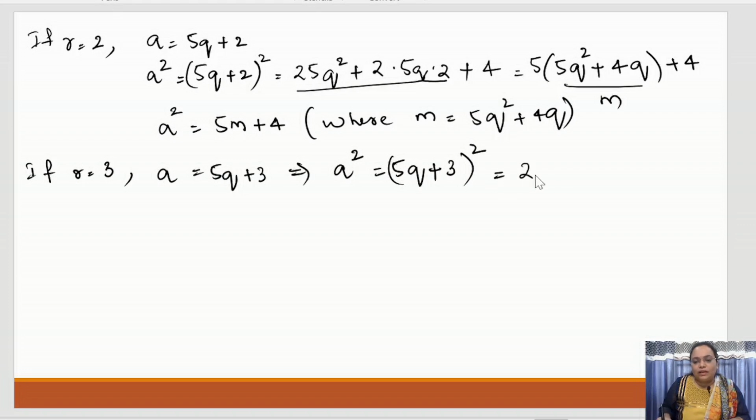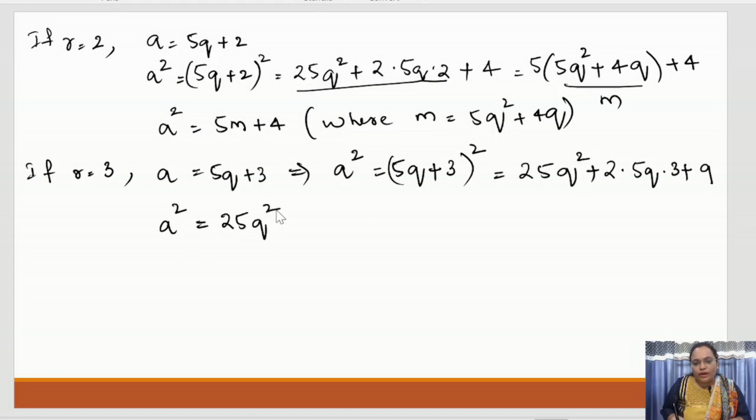You will get 25q² + 2 × 5q × 3 + 3², which is 9. So a² = 25q² + 6 × 5q